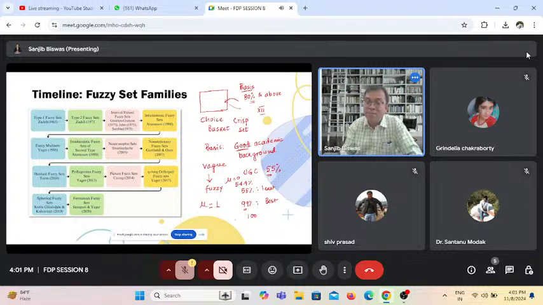So I have many elements and I define a membership function called mu(x). When mu(x) equals 1, it is certain. When mu(x) equals 0, it is discarded. And when mu(x) is between 0 and 1, it is a relative member, with a varying degree of membership. That is the funda of the fuzzy set, which we call the type 1 fuzzy set.